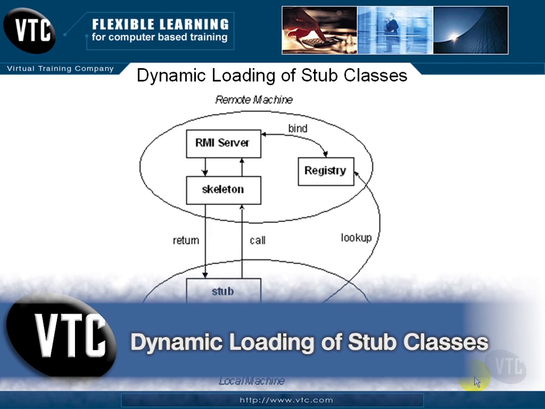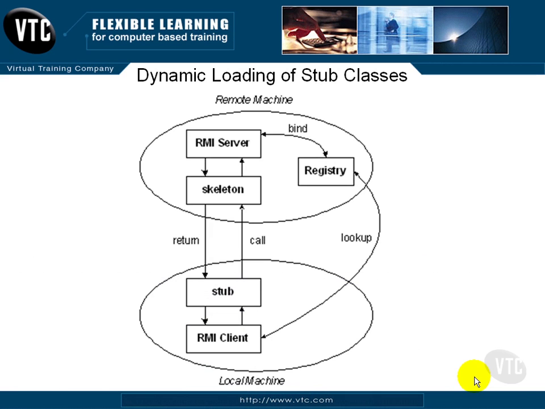In this video, we will introduce dynamic loading of stub classes within the Java programming language. One of the most significant capabilities of Java is the ability to dynamically download Java software from any Uniform Resource Locator, or URL, to a virtual machine, or a VM, running in a separate process, usually on a different physical system. The result is that a remote system can run a program, for example an applet, which has never been